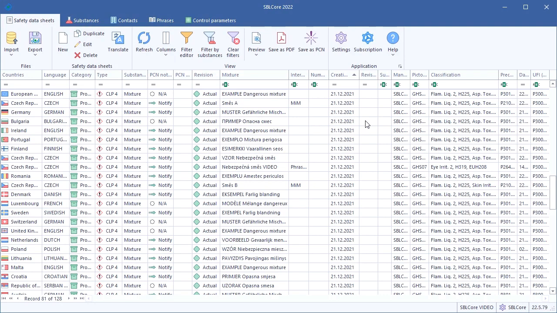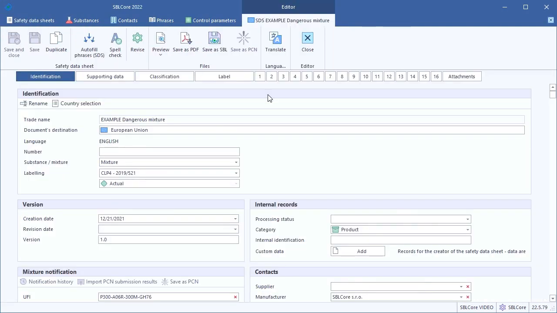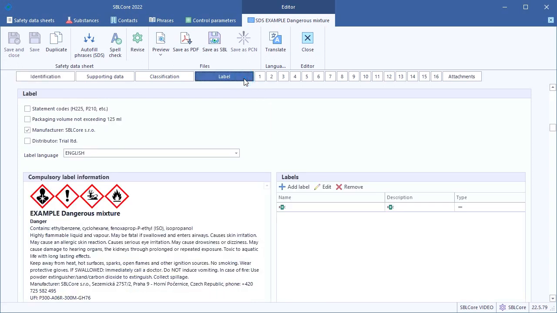I have prepared a complete safety data sheet, for which I have made a classification and added all the information. I continue to the label section. On the left side, I see a compulsory label information. The label text I see here was chosen by the program based on the information in the safety datasheet and